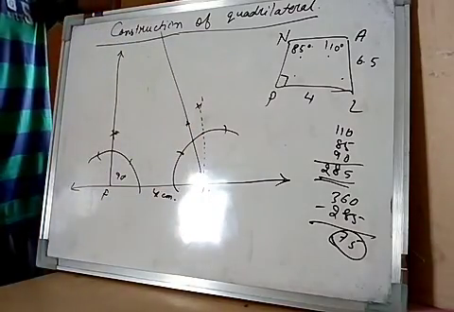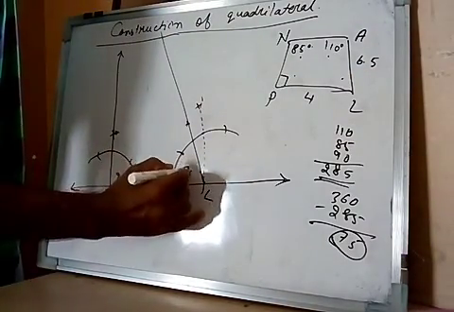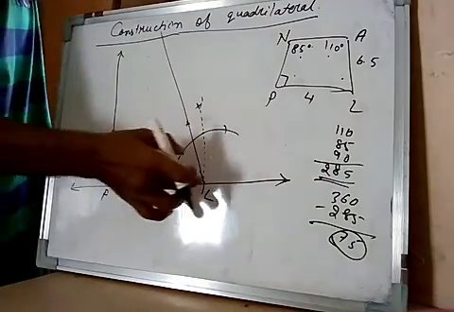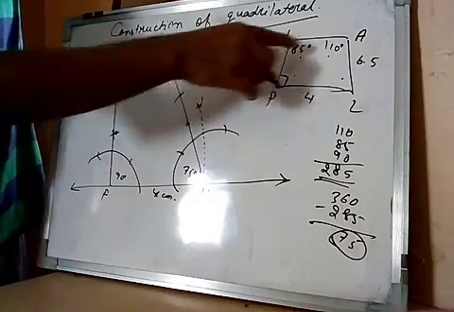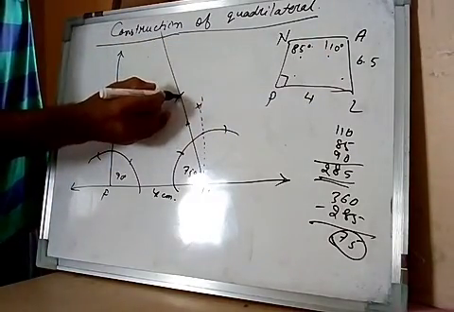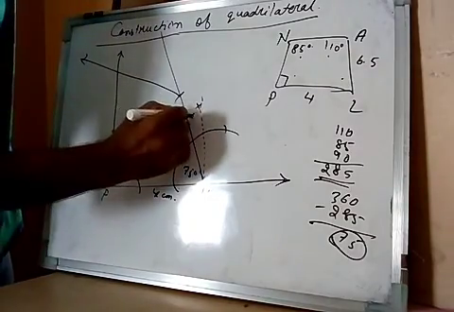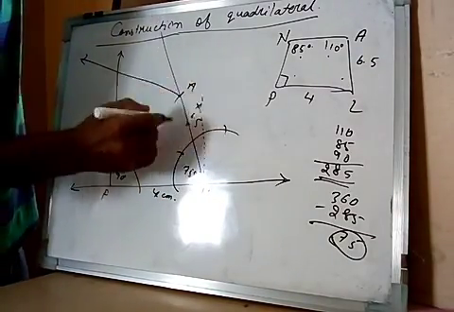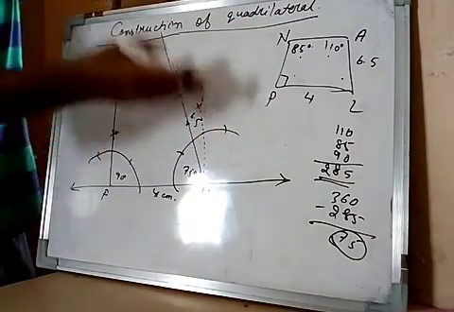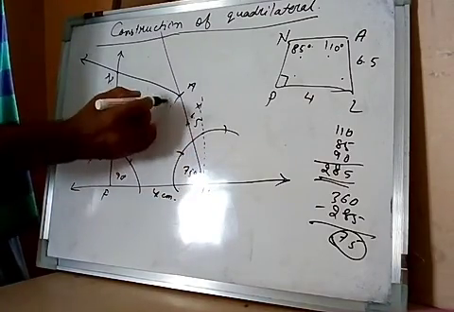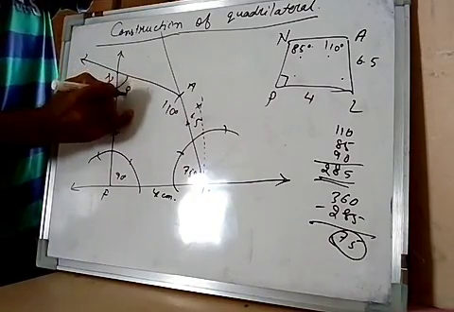This is 75. Now here this length is given as 6.5. After constructing the angle, it is very easy to take 6.5 centimeter. So by putting the compass you can take 6.5, right? And here you have to construct 110 with the help of protractor, and you have to extend this way. This point will be A, where it is 6.5. Now the N point is remaining. So this intersection is N.